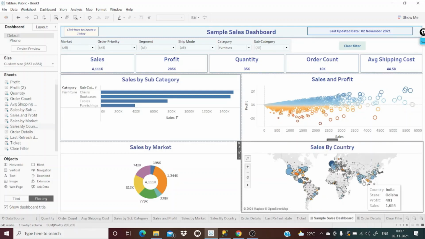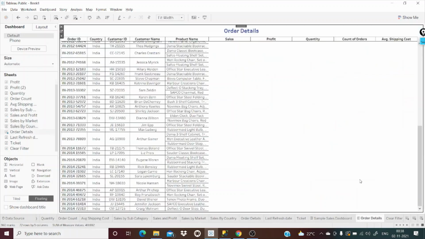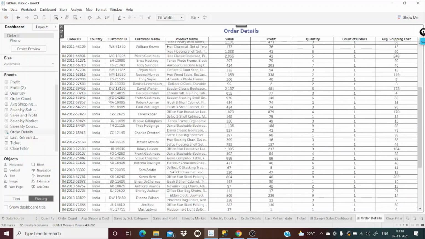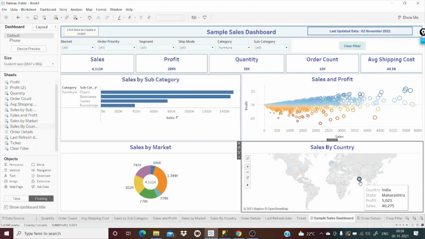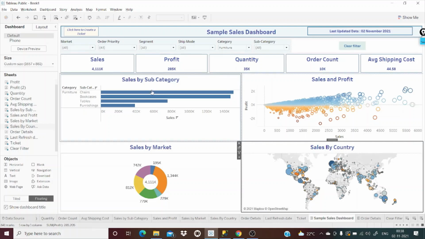Now if they click on this one, India, only India's related values will be shown. That is what I meant. It is very simple, but yet there are so many things which we can learn. The dataset which I am using is Global Superstore, which is available on Kaggle.